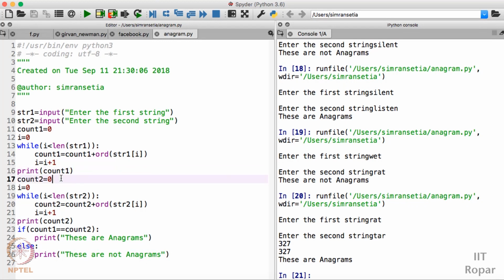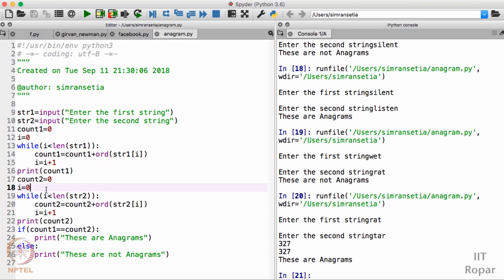Then we are initializing another variable, count 2, which will store the sum of ASCII values of the characters of str2, and then we also have i equal to 0. Why do we need to do this? Because we have already incremented i in the previous loop, and we are using the same variable here, so we need to initialize it again.